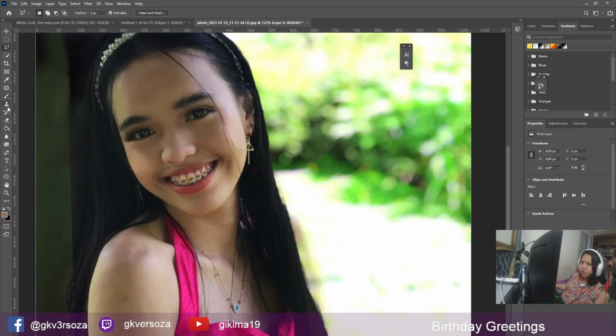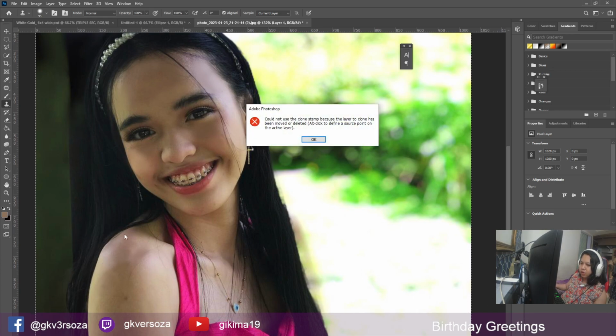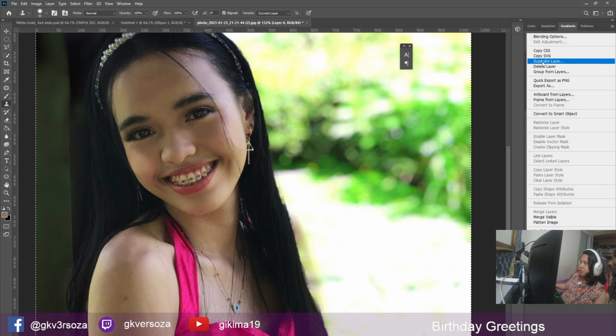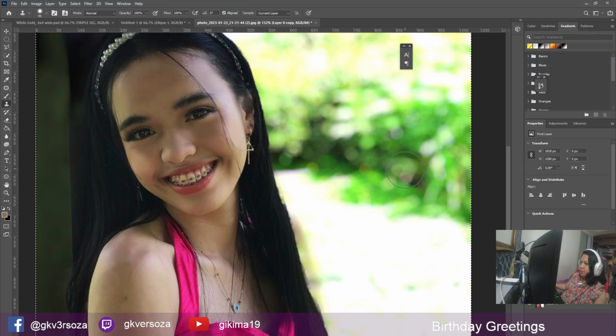So let's try to use this tool in this layer. Oh, let's just duplicate this. For example, we wanted to highlight layers,